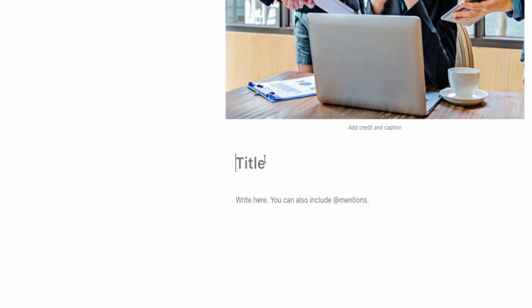Then click into the body section and add your content. This is where you'll write the main article. Focus on making your message easy to follow and organize your thoughts in a way that feels natural for the reader. If you already have your text prepared, this is a good time to paste it in and review the